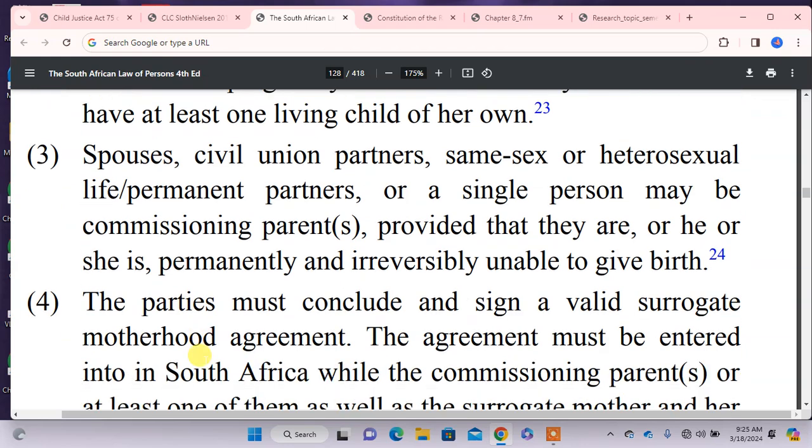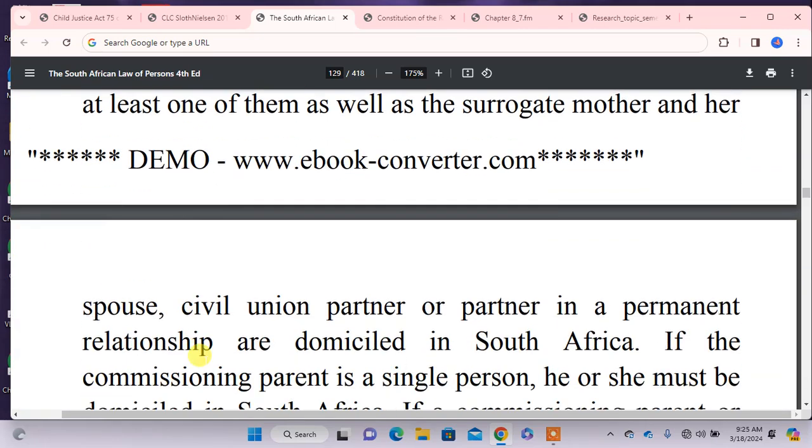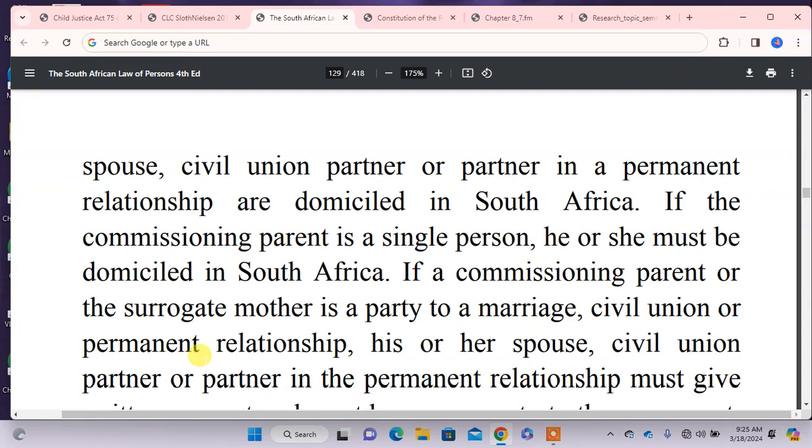The agreement must be entered into in South Africa, while the commissioning parent, or at least one of them, as well as the surrogate mother and her spouse, civil union partner, or partner in a permanent relationship, are domiciled in South Africa. If the commissioning parent is a single person, he or she must be domiciled in South Africa. If a commissioning parent or the surrogate mother is party to a marriage, civil union, or permanent relationship, his or her spouse or partner must give written consent and must become a party to the